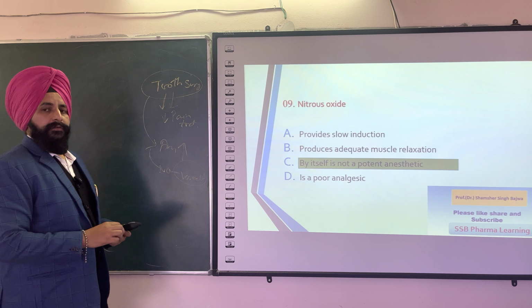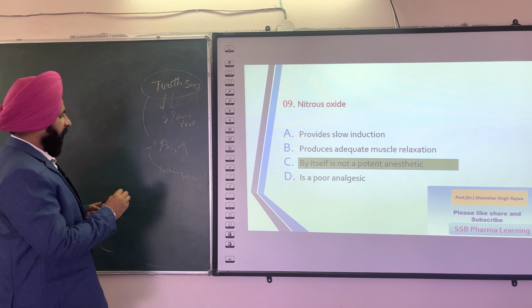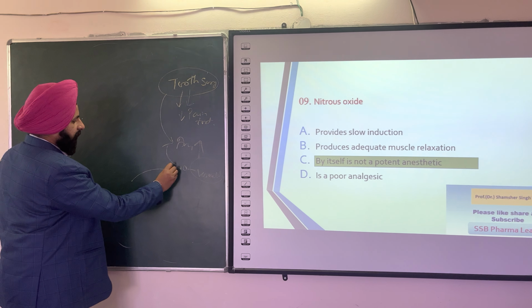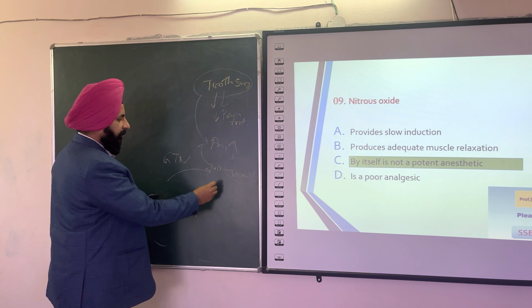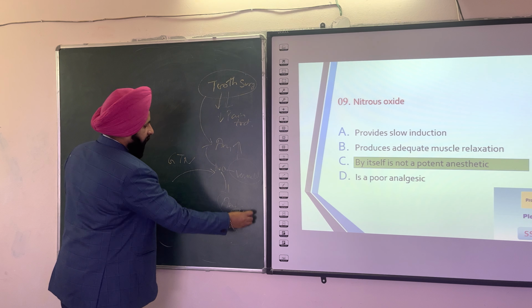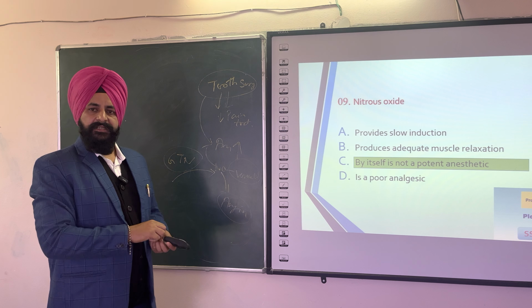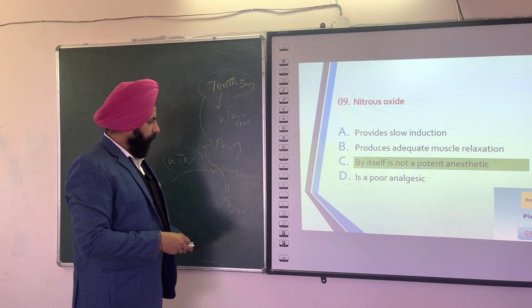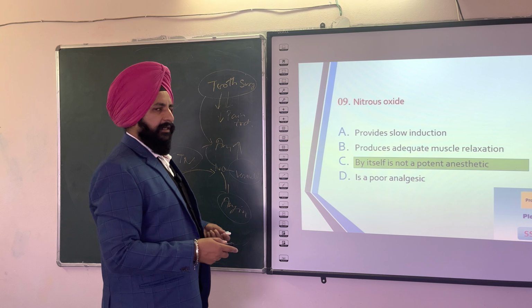So you know that it is a useful drug where glyceryl trinitrate is converted into nitric oxide and used to treat angina. So that's why GTN is placed under the tongue and GTN releases nitric oxide and is a useful drug for angina. Here you can remember this thing for nitrous oxide.